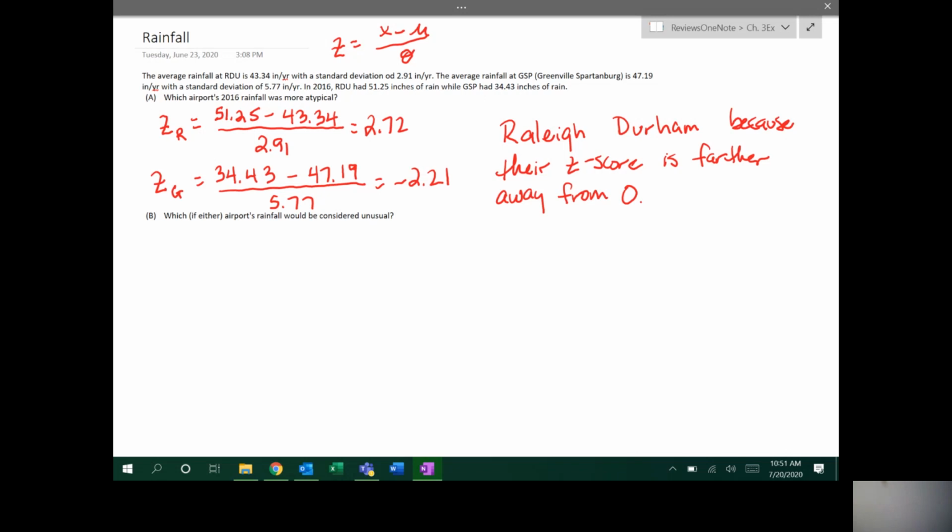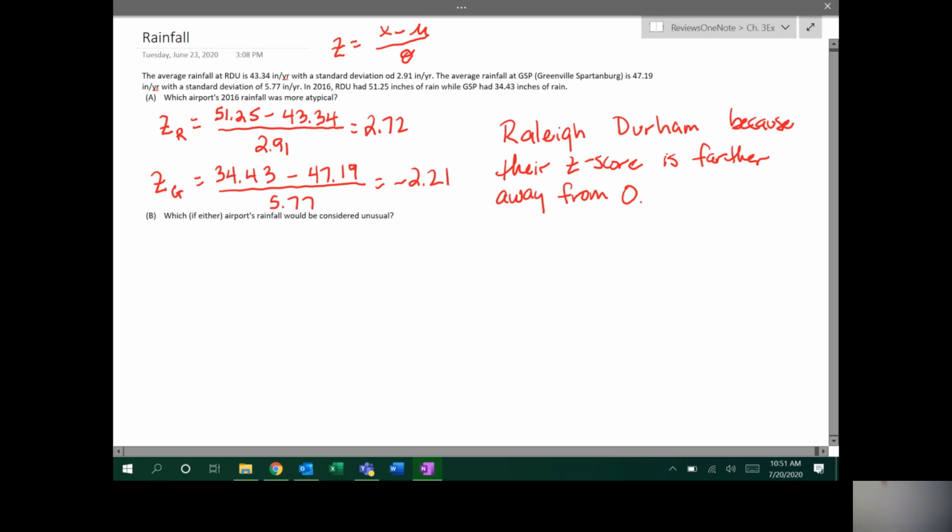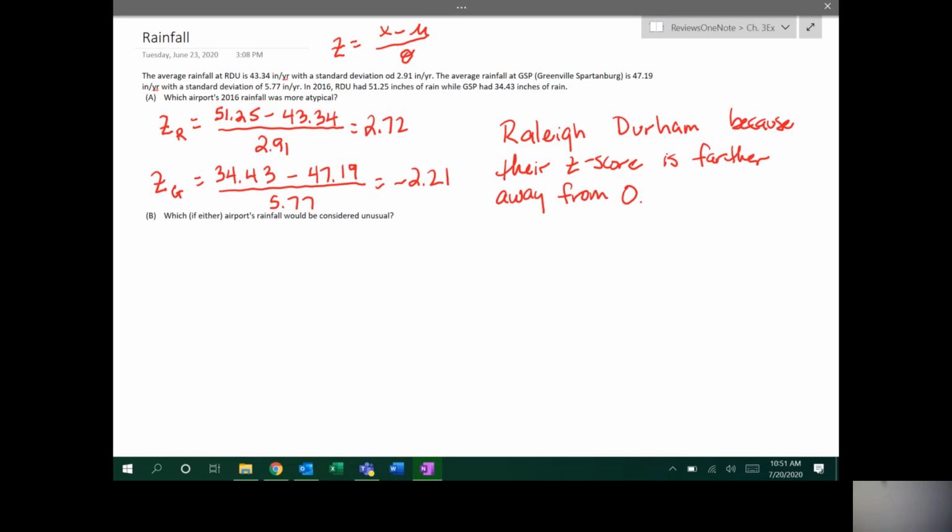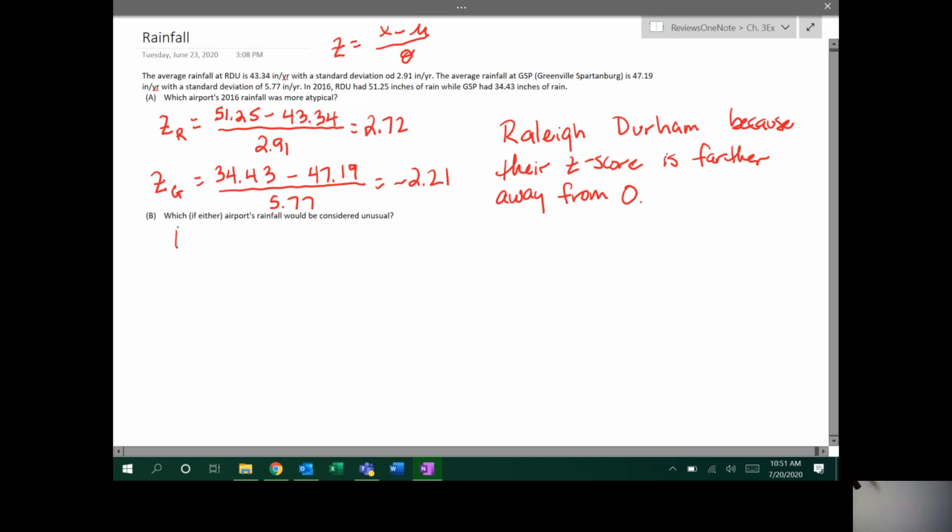And then usually they'll turn around and ask which one is unusual or significant. And in this unit, not going to be the same in the next unit or the third unit, in this unit, unusual or significant means it is more than two standard deviations from the mean. And in this case, both airports are more than two standard deviations from the mean. So